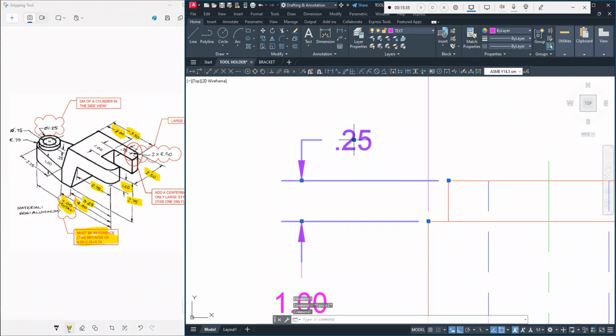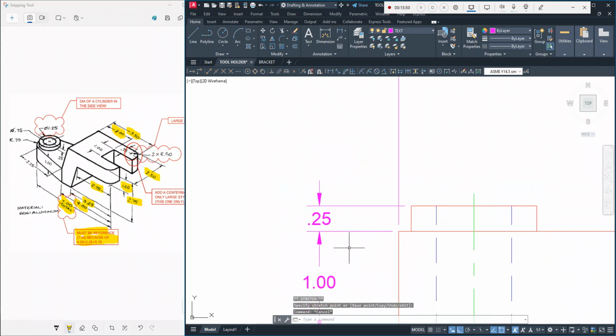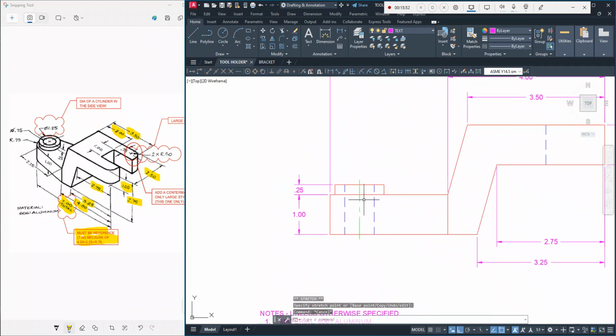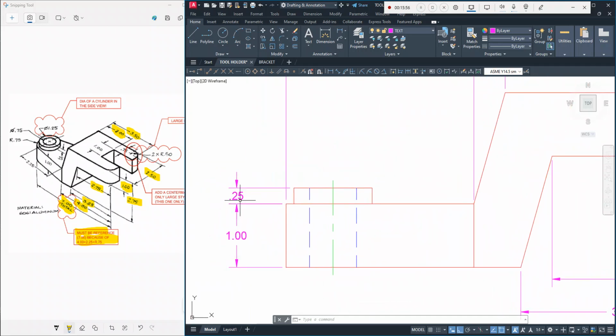What I want to do is click on that dimension, and then that blue square in the middle, I'm going to click on that and drag it. That's what I want. Having them aligned with each other is a good practice whenever possible. Okay, and then I also have